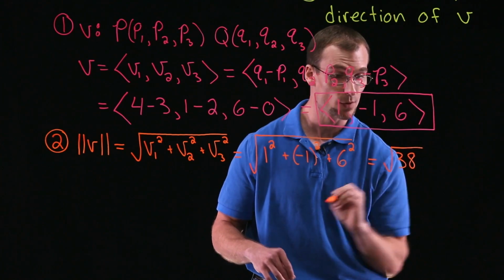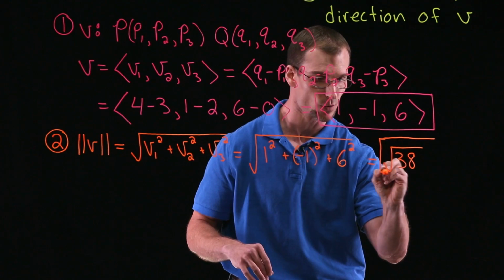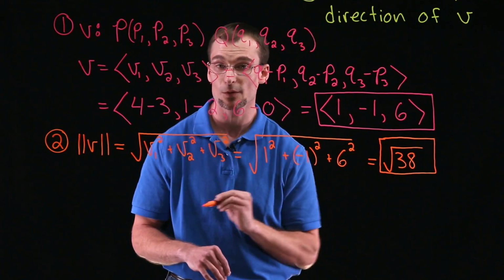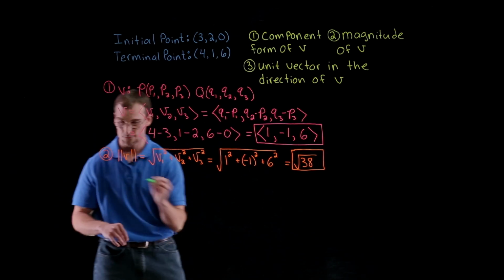And that's the square root of 38. If we look at that, it can't be simplified by taking out any more roots, so we'll leave it like that. So the magnitude of the vector v is the square root of 38. And lastly,